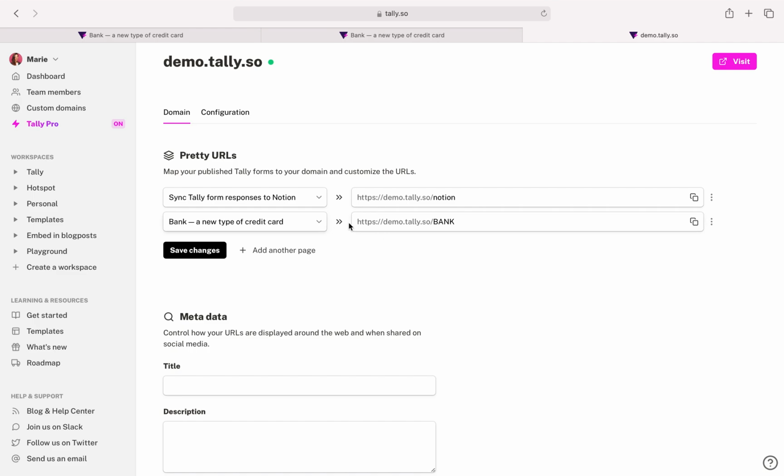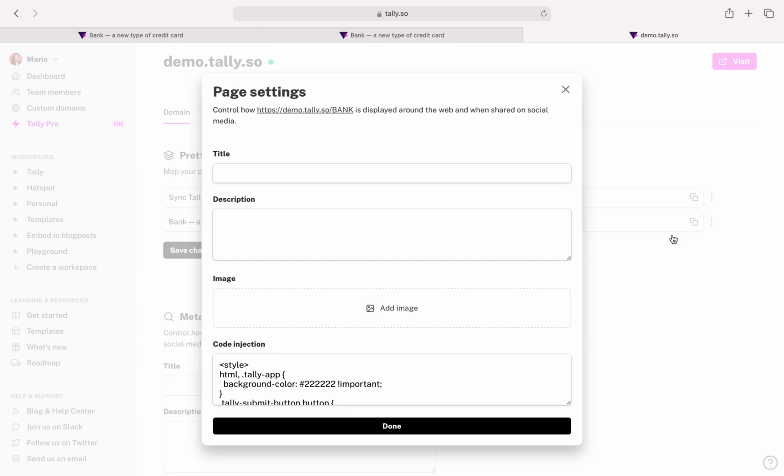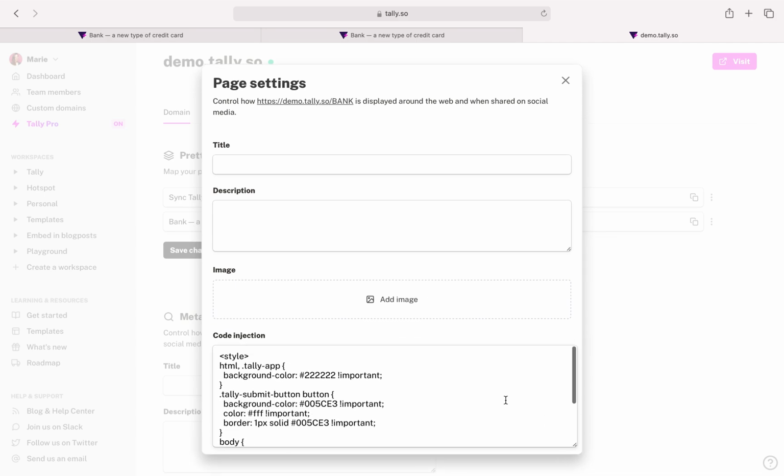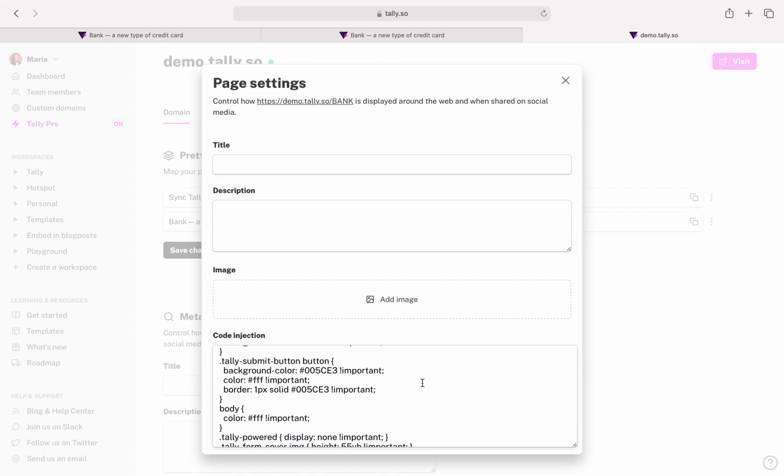So here we have a subdomain called demo.tally.so that we use for demos, and we have added the bank, the example that we're using in this workshop. Now you can just click here on page settings and also control how the page looks when you share it on the web. You can add a title, description, and also an image. But the cool thing here is the code injection part. So we've added just a couple of custom styles. We've also described them on our blog, just to change the background color, the submit button color, the alignment of the